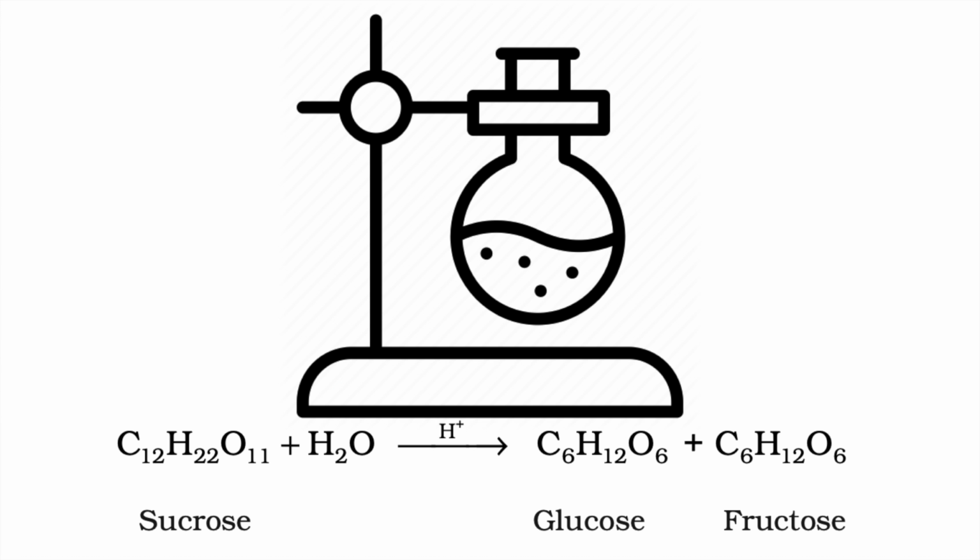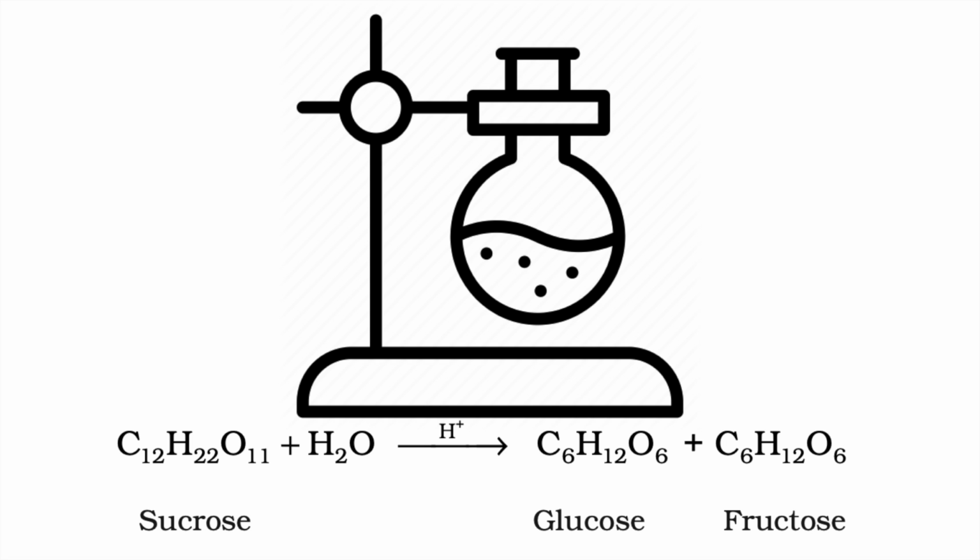The first procedure is as follows. Let us boil sucrose, also known as cane sugar, in dilute HCl or H2SO4 in alcoholic solution, where we can obtain glucose and fructose in equal amounts. The equation that drives this above process is